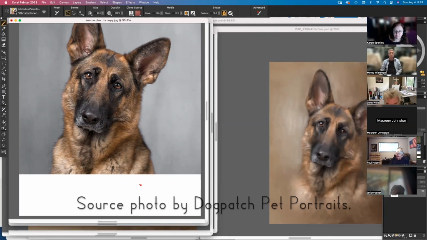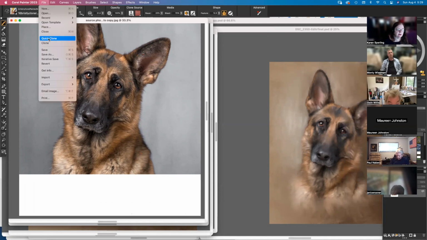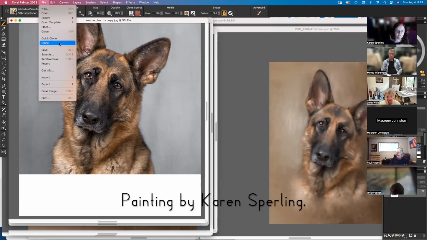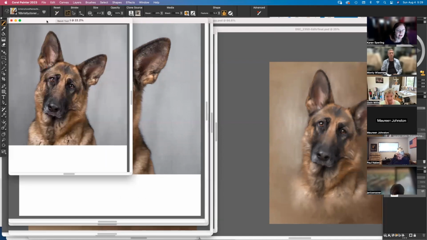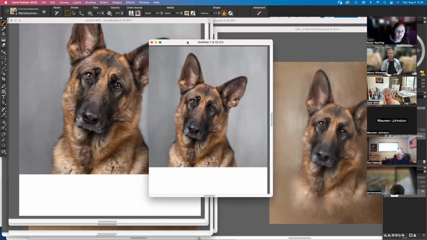Then the second step in Corel Painter is to go File, Quick Clone. The difference between Clone and Quick Clone is this. Clone makes a manual copy of the original. So I go File, Clone, and I get an exact duplicate of the original with computer mapping back to the